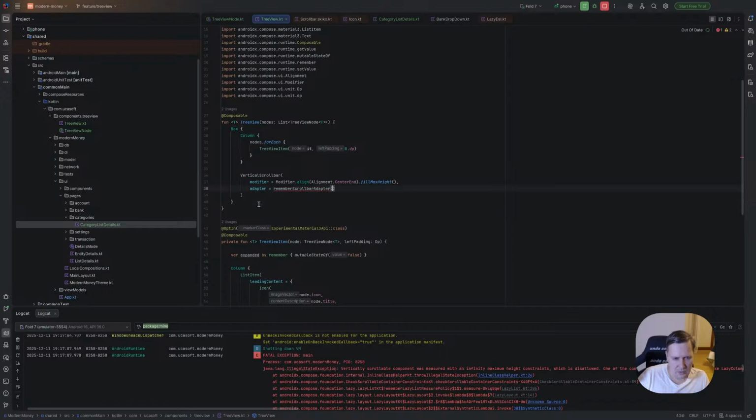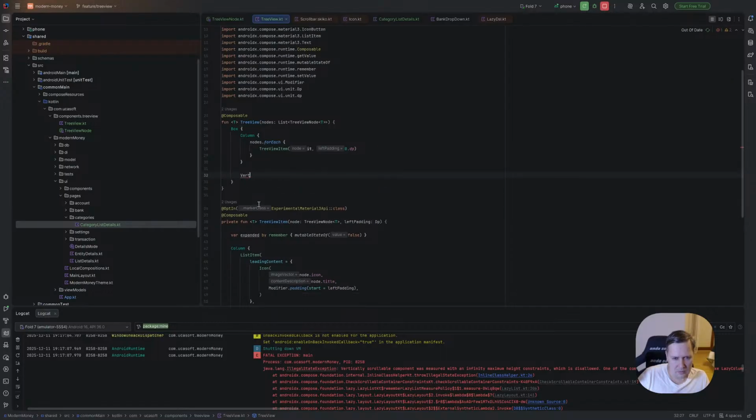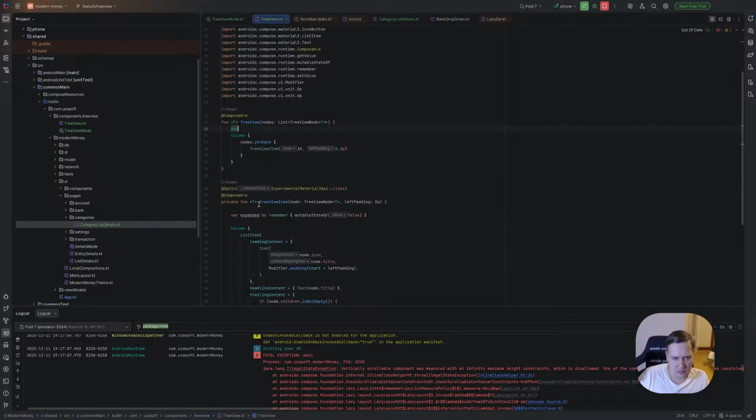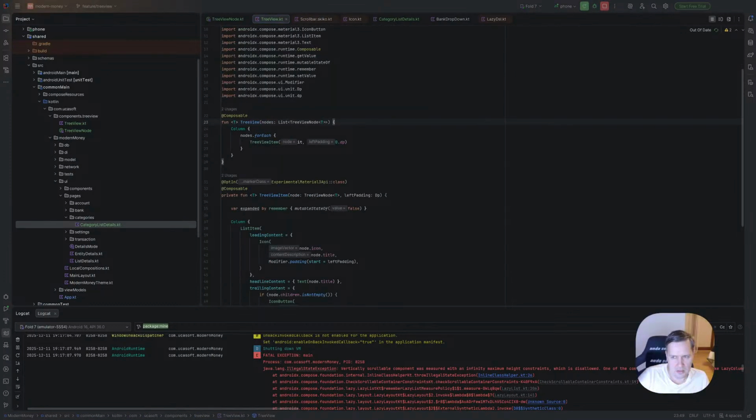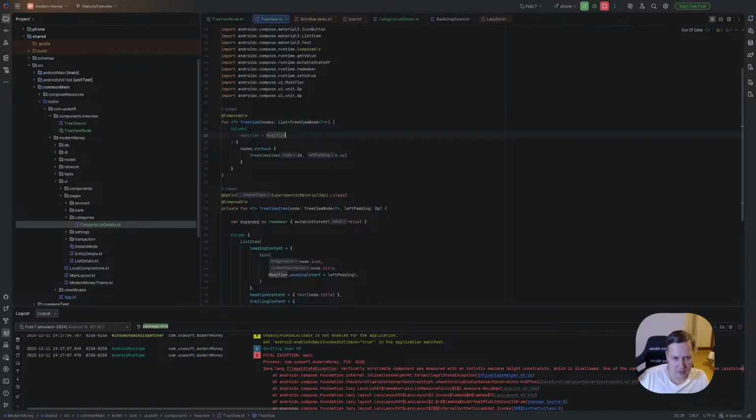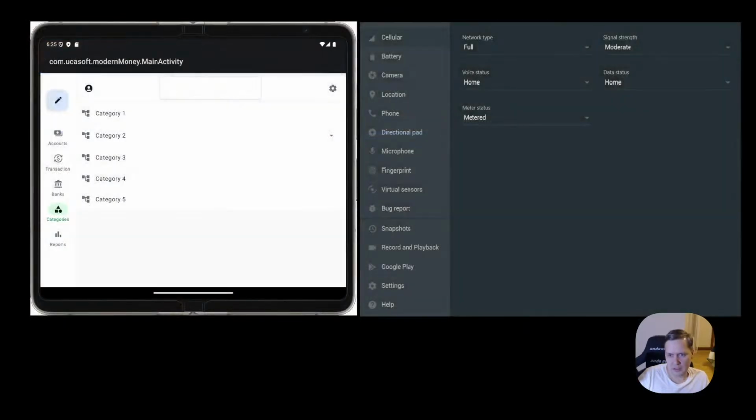Okay, we can do it even on the column side. So all we need here is just to say modifier, vertical scroll, remember. Let's restart and we'll see.